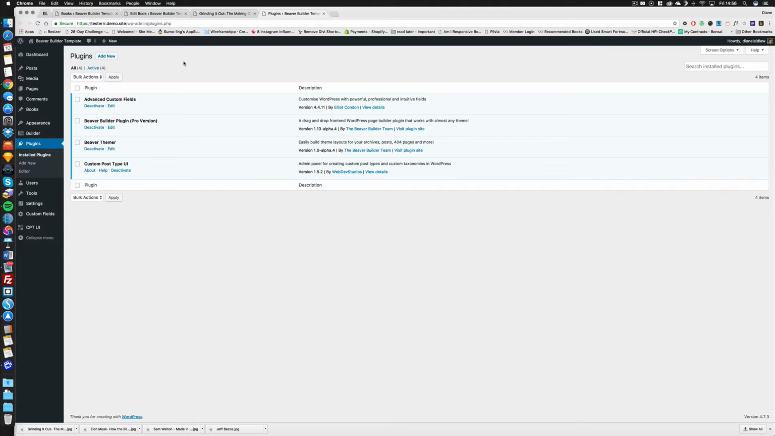So how do we use Beaver Themer in the same sort of way that we would use Headway? In Headway, if you can remember, we would create a layout specific for books, and we would create it once, and that layout would be cascaded throughout all of our books. We wouldn't have to touch it. That's it. So Beaver Themer does exactly that. All we need to do